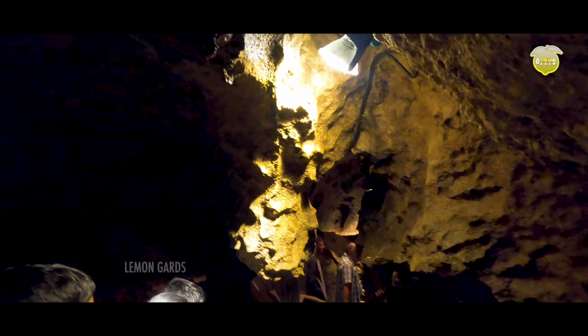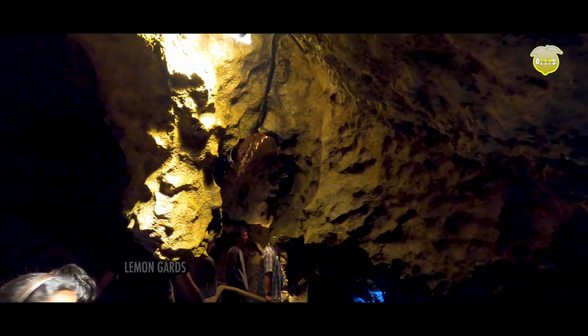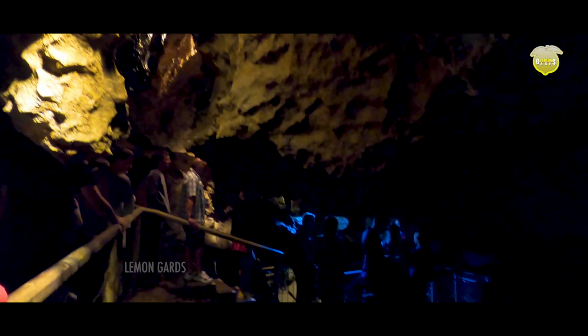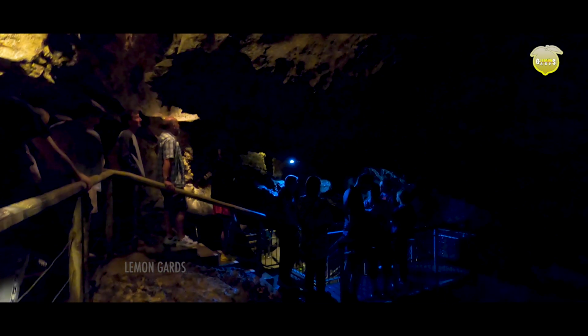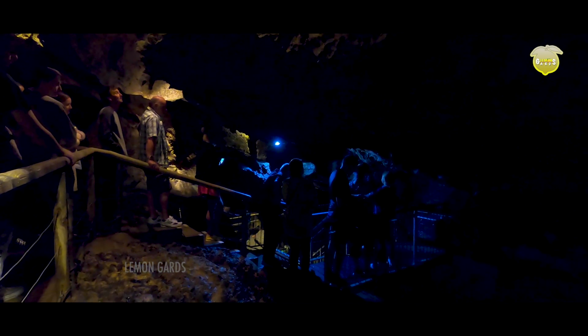Now guys, just before we head down the steps, I've just been telling you a bit about the history of the caves. So for hundreds of years, the locals here knew that the caves existed, but they had many superstitions about the caves. They thought that they were haunted and that there were goblins and ghosts, everything you can imagine was in the caves. It wasn't until 1895 that the Earl of Enniskillen at the time, who owned all of